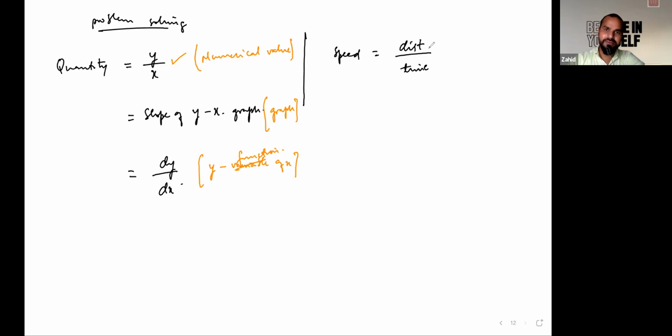Suppose I have given you distance x is equal to e square plus 5t and ask you to find speed at t is equal to 2 seconds. So what will we do? Since speed is the ratio of distance and time, and here distance is a time dependent function, by using this particular formula we can simply differentiate that part and put the value of t to find the speed. Is it okay?